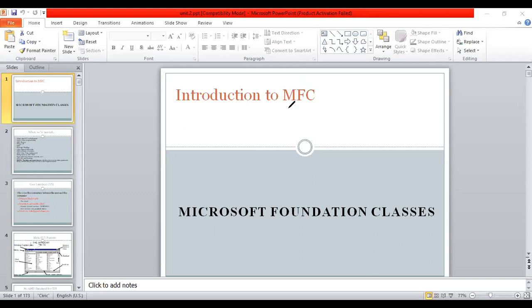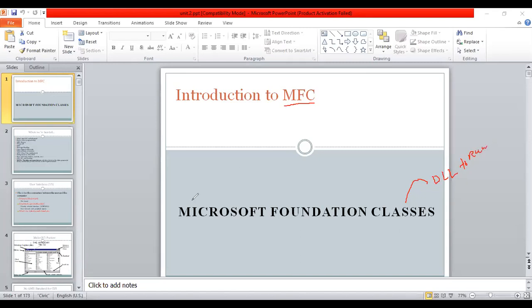MFC is very important with relevance to designing Windows programs using Visual C++. What is the reason? Because the library classes of all your Windows APIs, the Win APIs, are in the Microsoft Foundation Classes. And these classes are linked with the help of DLLs, Dynamic Link Libraries, at runtime. Many times they ask this question.